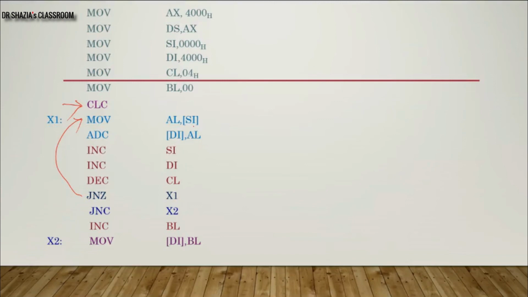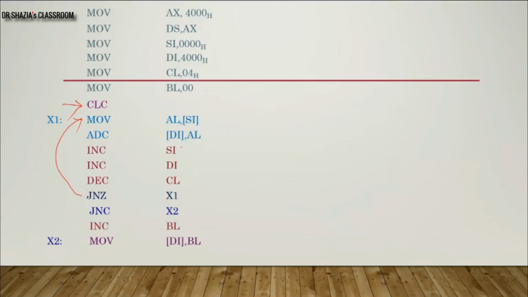And again, as we have already incremented SI and DI, SI might have gone to 0001, DI has now gone to 4001. We will take those data, add with carry, and again increase SI to 0002, DI to 4002, and decrease CL. Now CL becomes 2. Still it is not equal to 0, so jump if not 0 will be satisfied, and again we will branch back to X1 and it will continue.